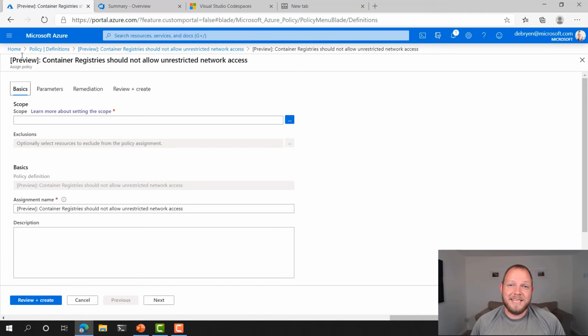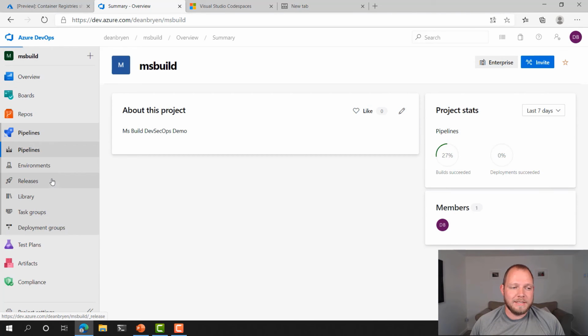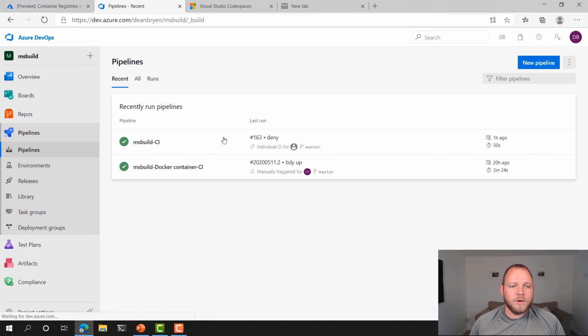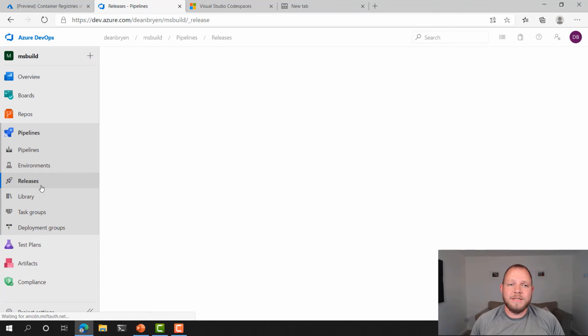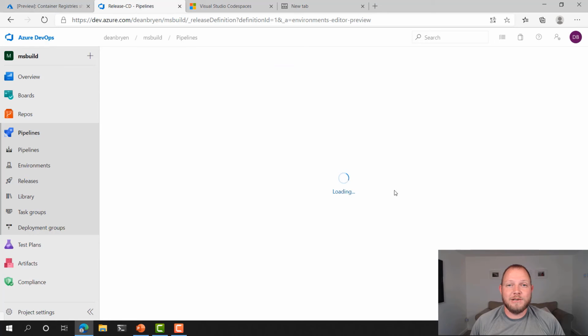Now, where this becomes really interesting is where I can use this within my DevOps pipelines. So I'm going to move away from the Azure portal now and head over to Azure DevOps. And in this project here, I've got some pipelines set up. I've got a pipeline here for building my Docker container and putting it into Azure Container Registry. And I've got another pipeline here for building my AKS infrastructure, my Azure Kubernetes Service and my ACR container with Terraform. And then I have a release pipeline that releases that out into Azure and actually goes ahead and deploys it. If we go and have a look at this particular release,